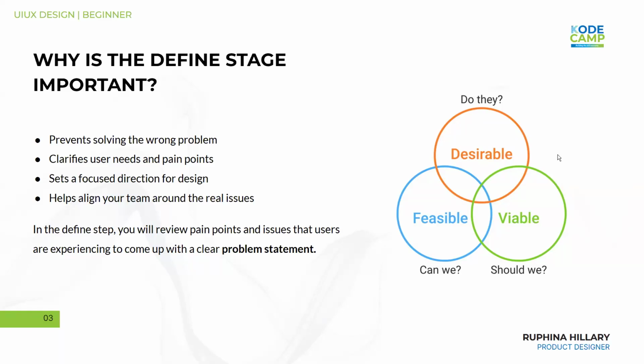So now, if you look at this diagram beside this, you see there's, what would I call it, interlinked circles. There's desirable, there's feasible, and there's viable. So this tells you that there are three core items when you're defining problems. Because like I said before, you will get more than one problem. You will get a lot of problems. So most of the time when you are analyzing these problems, or when you're trying to decide which direction your design should be going for, you can analyze it and ask yourself,